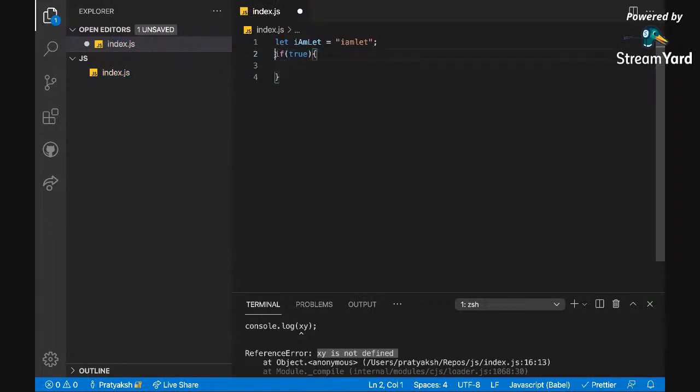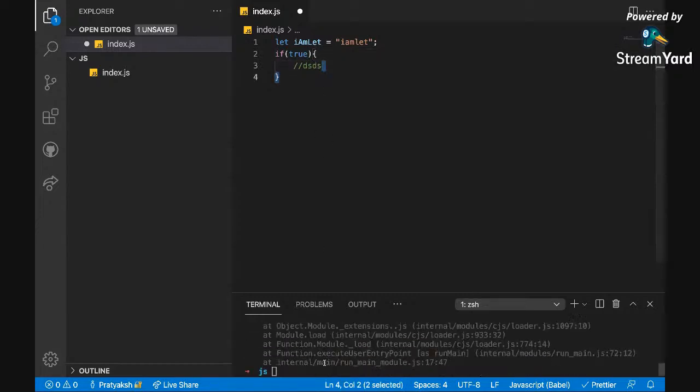A conditional statement means this particular block will execute only if a condition, let's say a is greater than b, is true. If a is one variable and b is another variable, and the condition is true, then only this block will run. But for the sake of example, I am putting true here so that this condition always gets true and it always gets inside this block, just for the sake of this explanation.